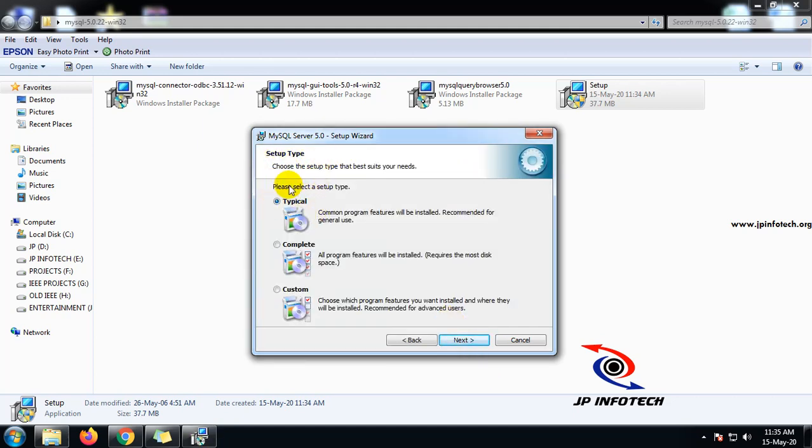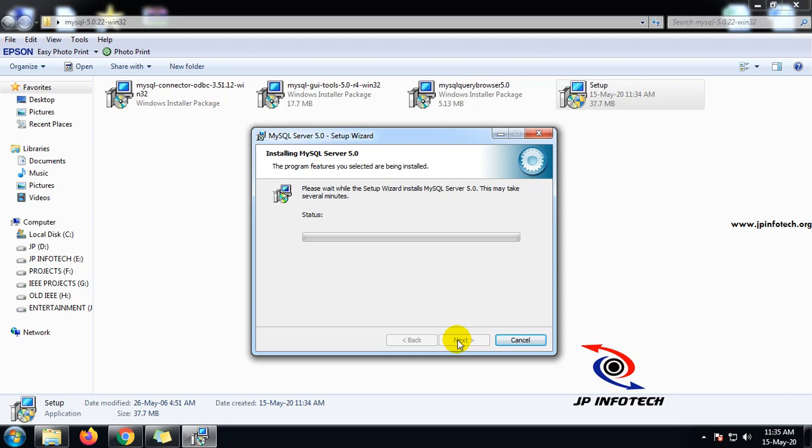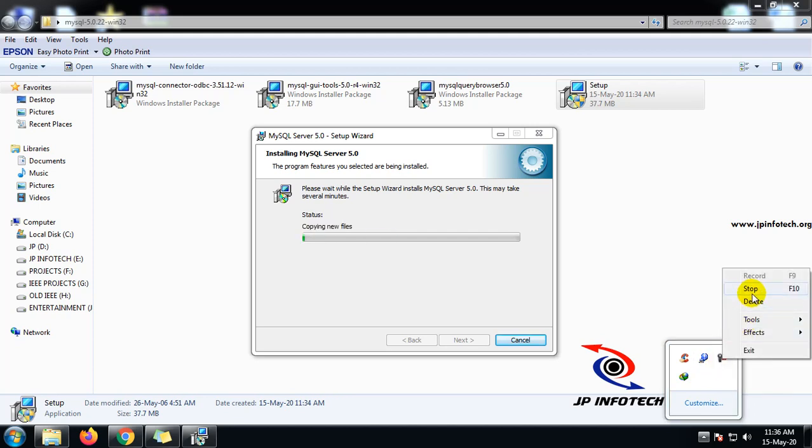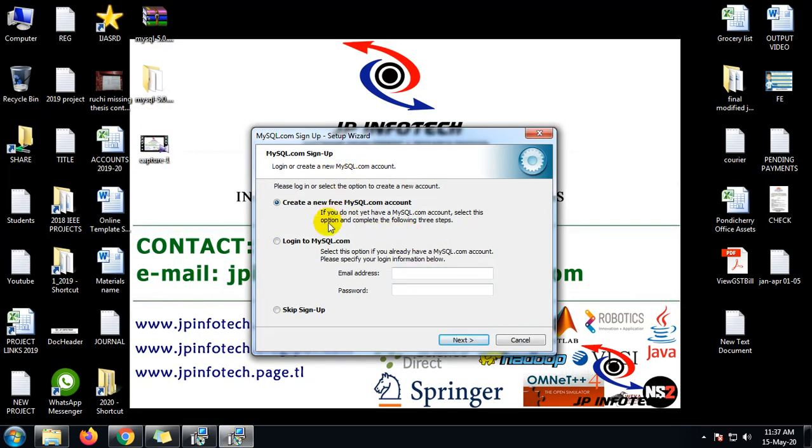Here you can click typical and then click install. Now you want to click the skip sign up option.